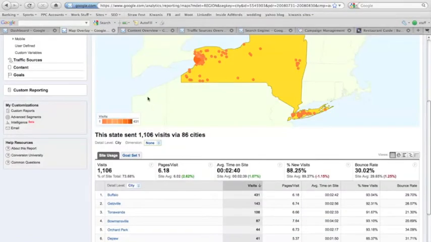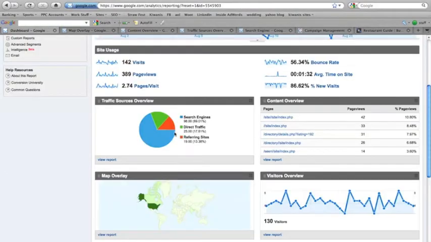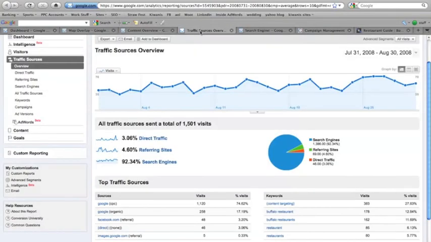Let's jump right back over to our dashboard where we can take a look at our traffic sources. This is very important information because this tells you where your traffic is coming from. If you're running advertising, whether it be on Google or Yahoo or any other website across the internet, you want to know what that traffic is doing once they reach your website, and this is the component that'll tell you that. This is a very important section, and we'll address it later on in another video, but to look at it real quickly,